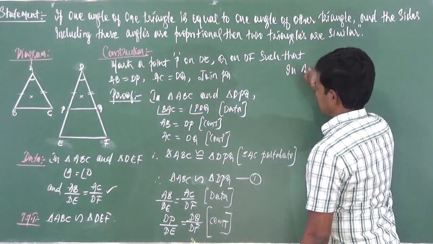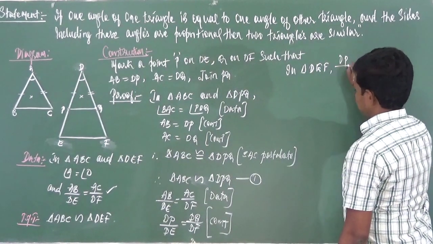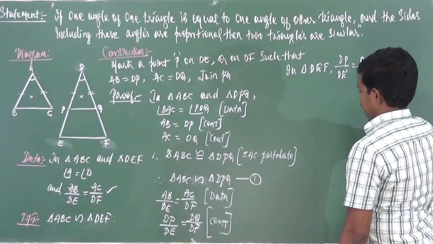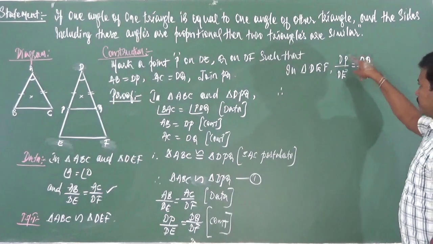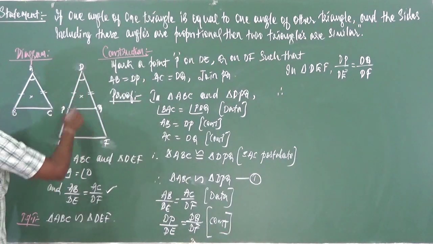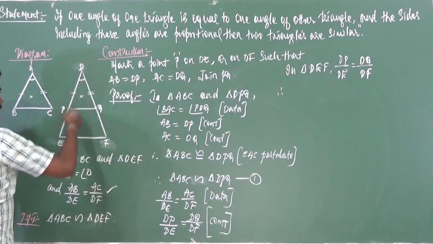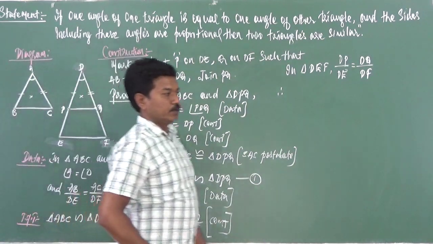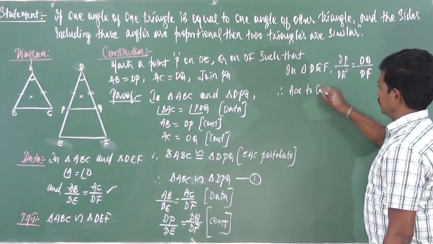so I can write it: in triangle DEF, dP by dE is equal to dQ by dF. So therefore, in triangle DEF, this has happened. Once again I will show you. In triangle DEF, dP by dE is equal to dQ by dF. So that means the line PQ is dividing these two sides of the triangle, that is DE and DF, in the same ratio. So according to the converse